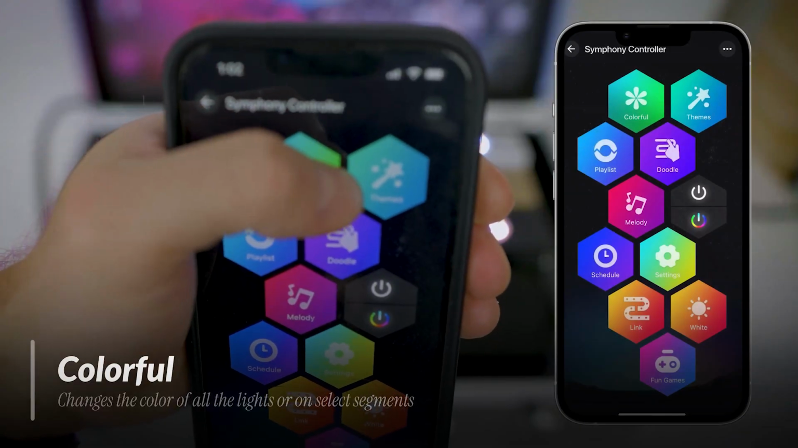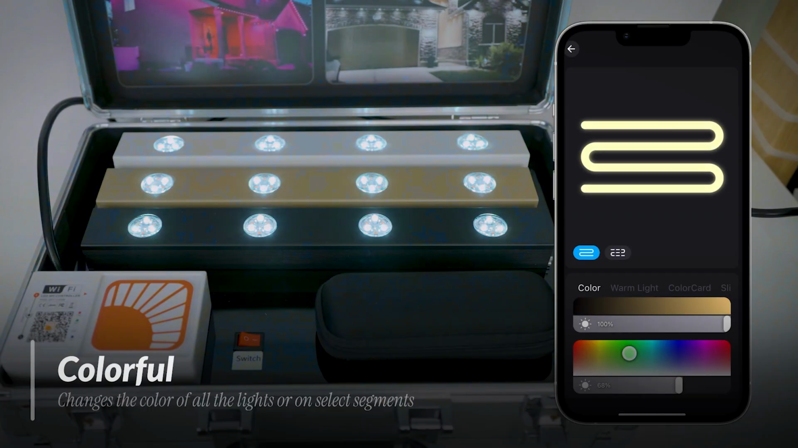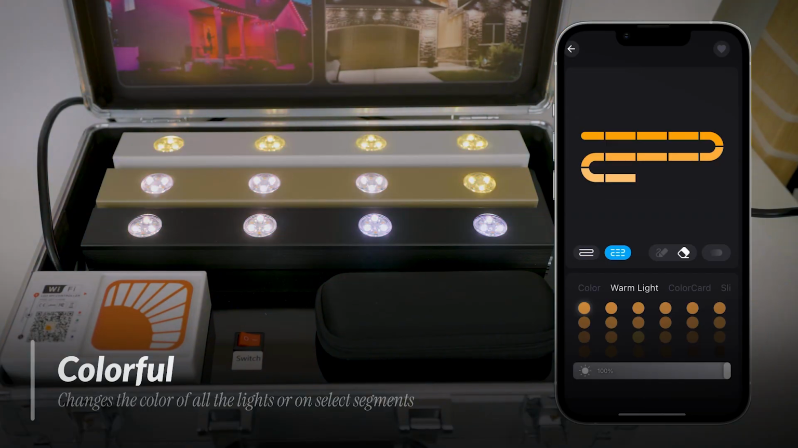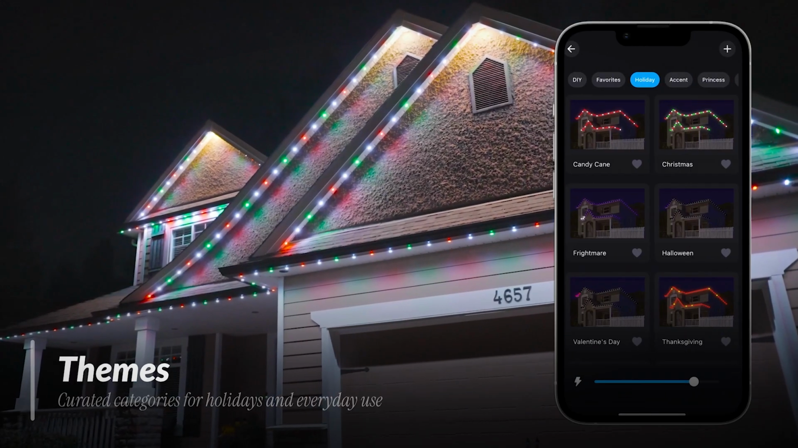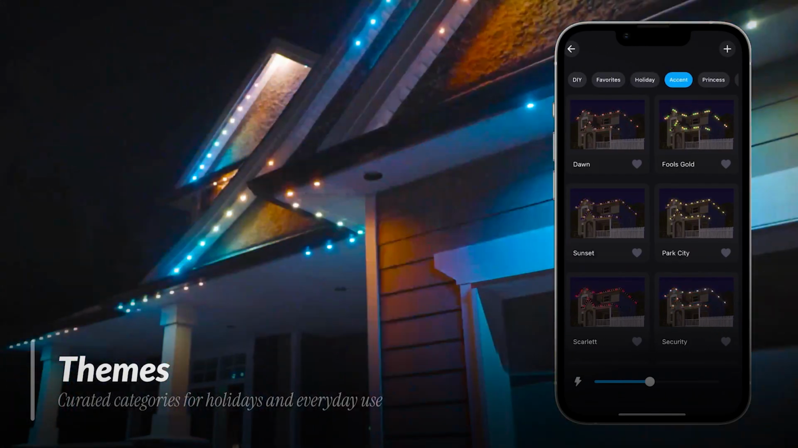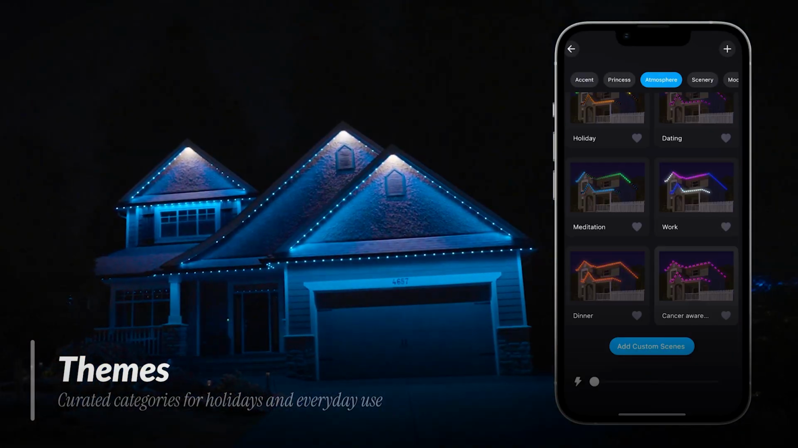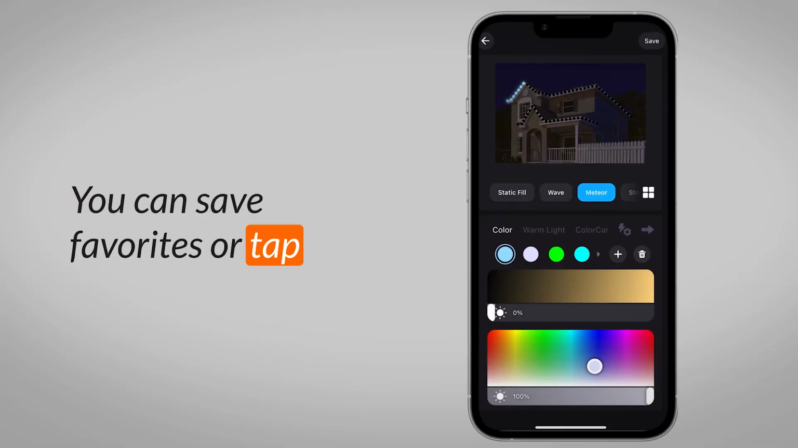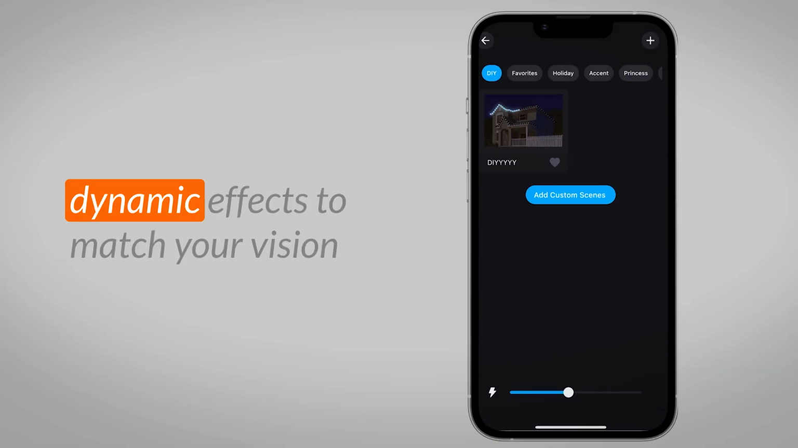When you want to set a look quickly, the colorful function lets you adjust colors for all lights or specific segments. You can even paint colors onto a section, erase them, and add gradients when you want soft transitions. If you'd rather start with ready-made looks, the Themes function gives you curated categories like Holiday, Accent, Princess, and Atmosphere. You can save favorites or tap the plus sign to create your own DIY theme, adding different dynamic effects to